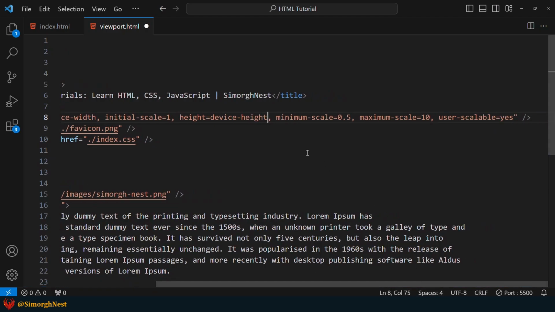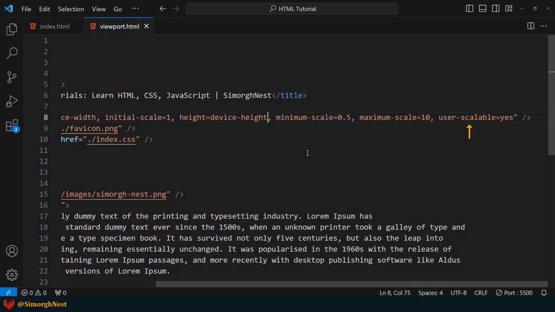The viewport meta tag also has two other properties called minimum scale and maximum scale. These properties control the level of zoom allowed on the page. They prevent users from zooming out or zooming in too far. By default, the minimum scale is set to 0.1 and the maximum scale is set to 10.